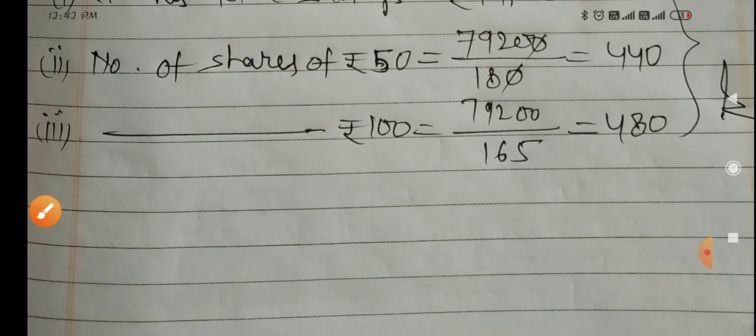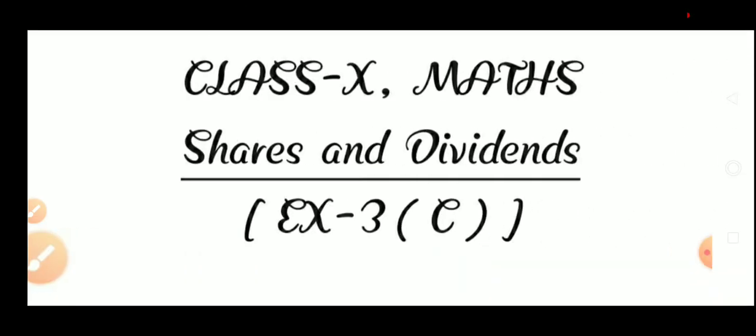So students, these were the difficult questions of exercise 3rd C. Remaining questions are easy questions, and these questions were some different questions, we can say. So that's why I gave you the solution. I explained these questions. Remaining questions you can solve. After this exercise, this chapter gets over.